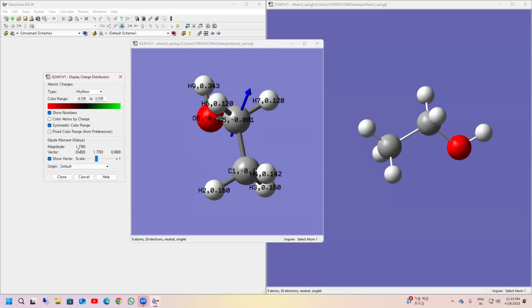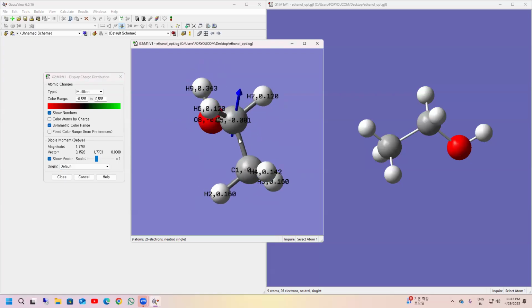Magnitude is nothing but your dipole moment. And again, it will give the direction. What is the direction of your dipole moment here? And if you want to increase the scale, see here, you can increase the scale also by using this one. And from origin also, you can just change the